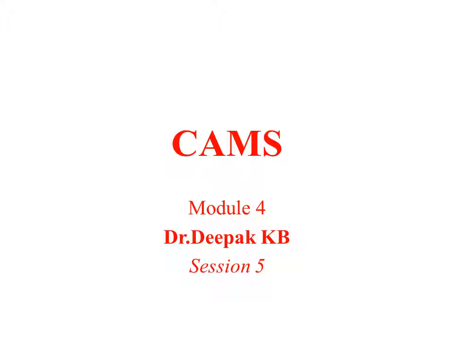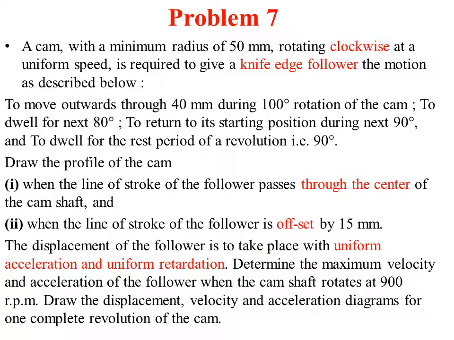Today's session 5 is a continuation of session 4. In session 4, we discussed a few problems related to simple harmonic motion, uniform velocity, and uniform acceleration and retardation. So in today's session 5, we'll discuss some problems related to follower motion. As can be seen in the problem, they are given a cam with a minimum radius of